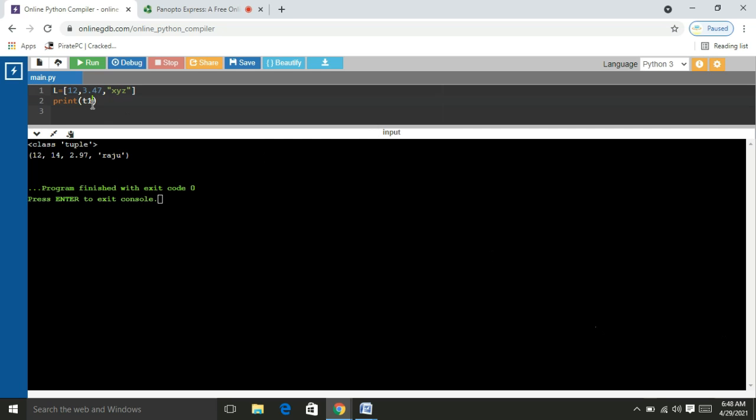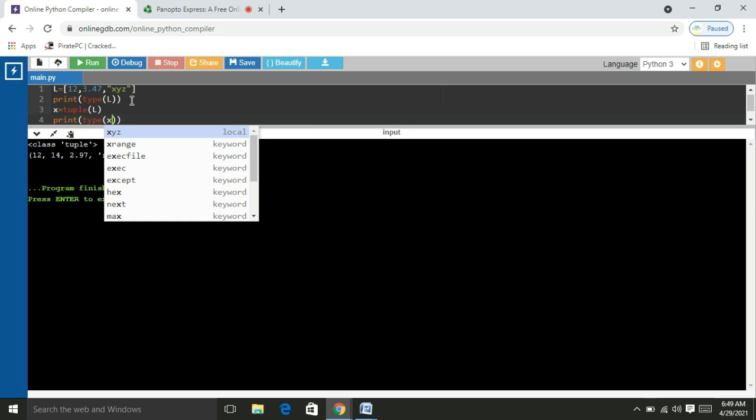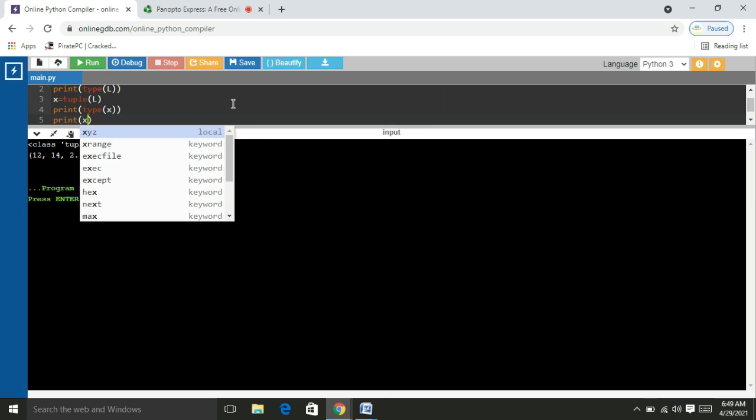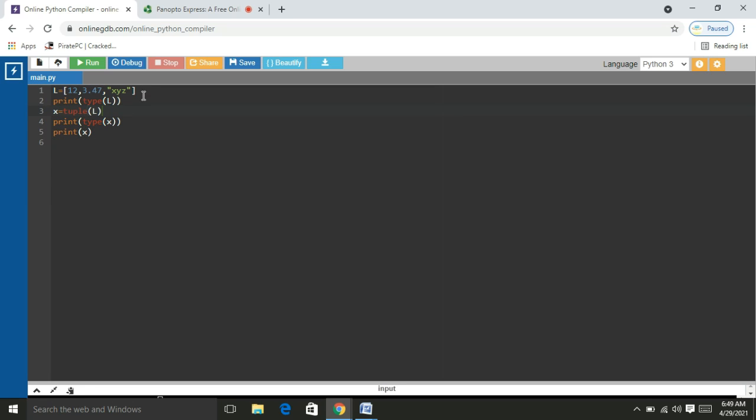Print type of L. Now I write X equal to tuple of L. Now print type of X and print X. What I am writing: I create a list and check its data type, then by using the tuple constructor I convert the list into a tuple stored in X, check the type of X, and print the values.